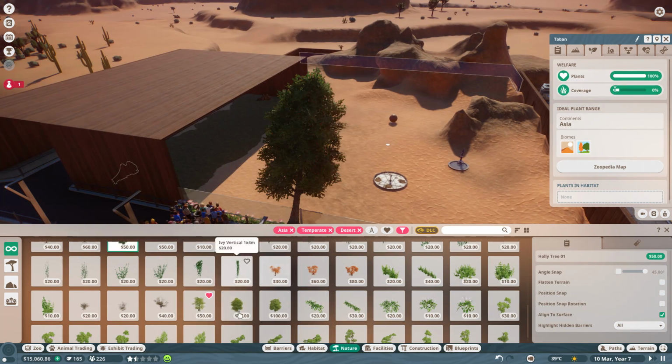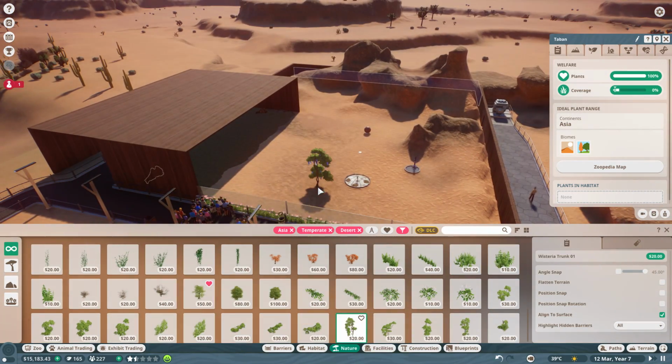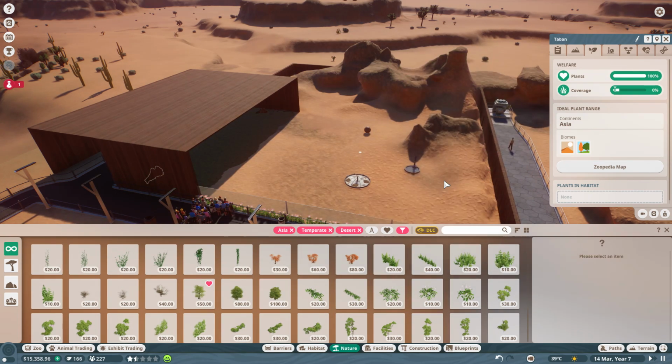The holly tree is decent. Mwah for the sycamore. That's a beast. Sycamore is winning the game. Oh, we can use a wisteria. Very cool. Okay, we'll have a... does it really suit the camel, though? I don't really think...